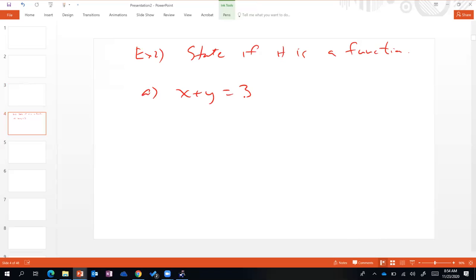is this a function? So keep in mind as we're thinking through this here, if I put in x values, well, there'll be multiple x values for the same y value. That's kind of what I'm thinking. So almost like you work backwards on it a little bit. If I put in an x value, well, I get 2 or 3 or 4 different y values. Notice if we solve for y, if I just subtract x from both sides like this,